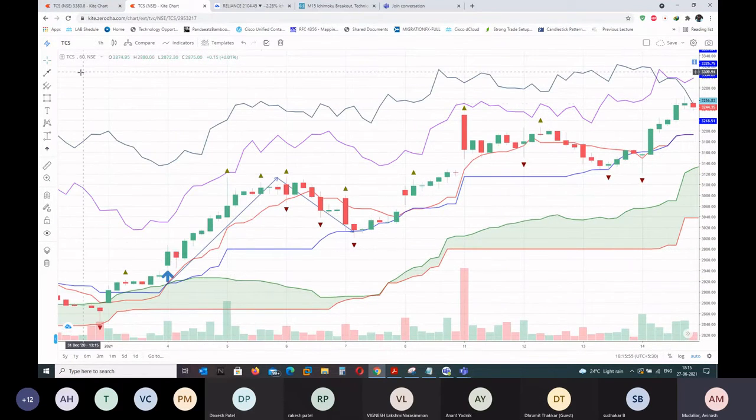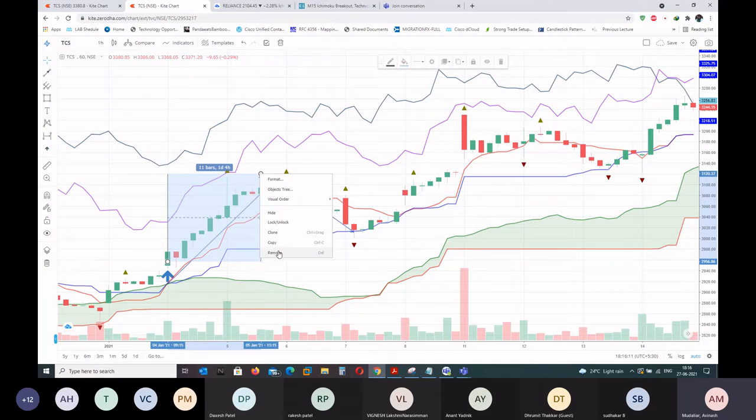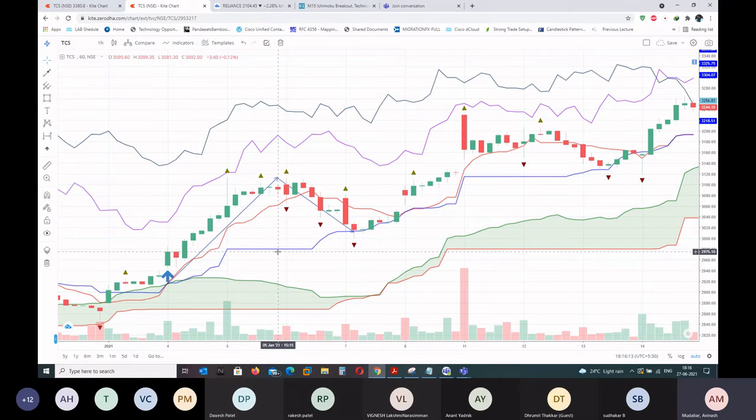So how will I know? The first thing I'll see is whether 9 candlesticks have gone up or not. Here it happened. You can see till here 11 bars of upside. So now I know 11 bars of upside have happened, and I'll simply put a buy order at the KS. If you are using a broker with GTT orders, it will be a GTT order. Simply buy and forget. So you'll put it here.